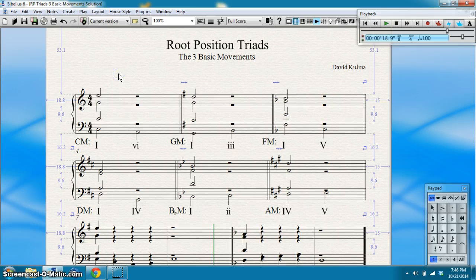Right, so I've given you a key, the chords, the bass notes, and the first chord so that we can focus on getting from the first to the second. If you notice as we go that each chord is voiced differently, there are really 6 options for how we can voice any given root position triad. Right, the root